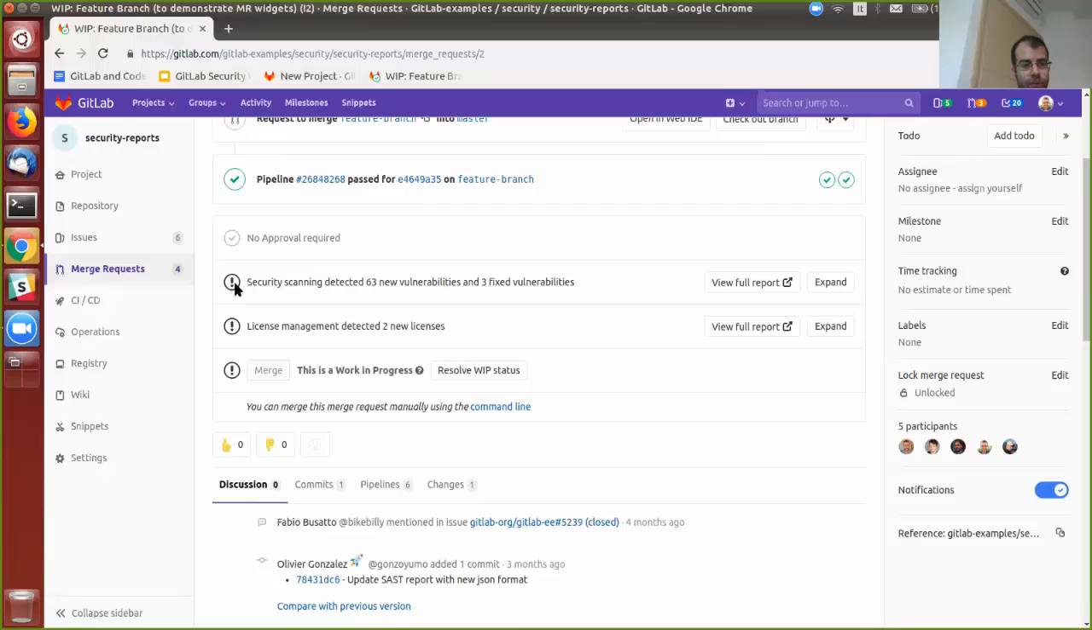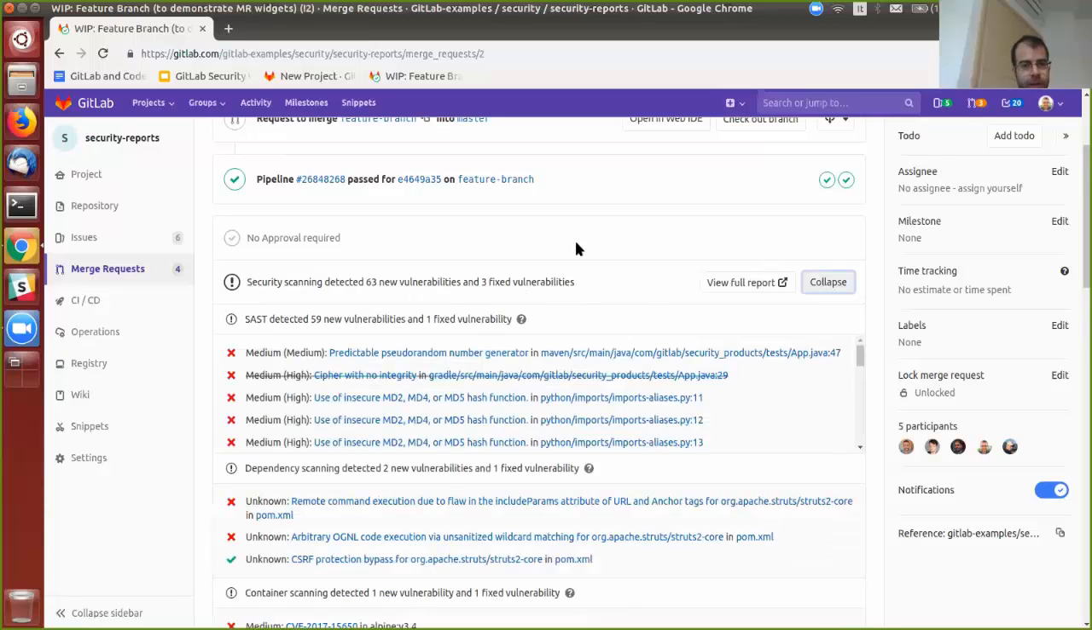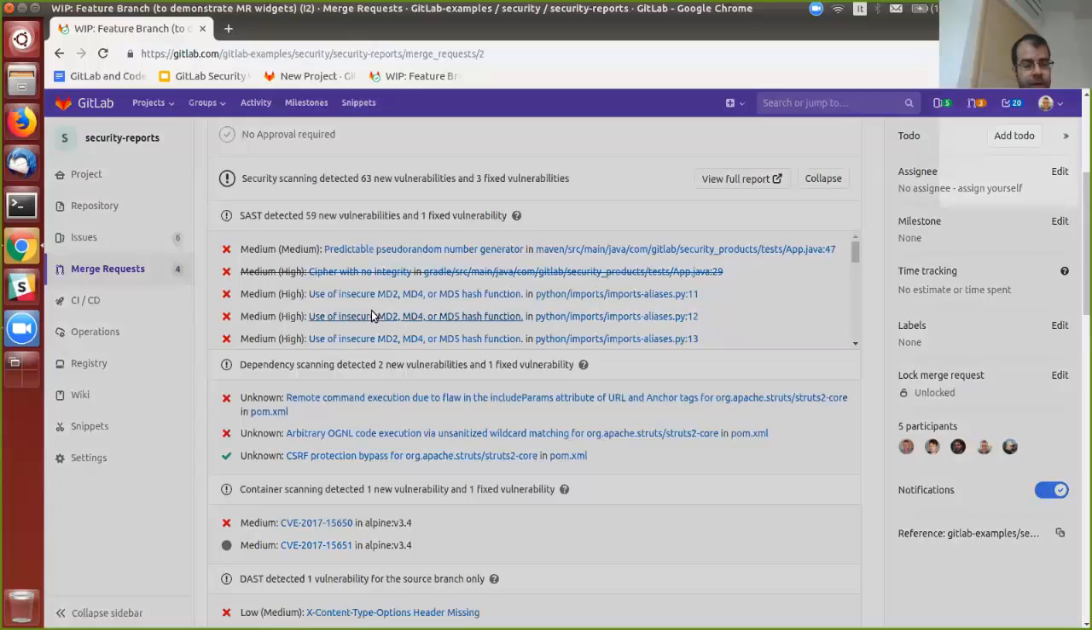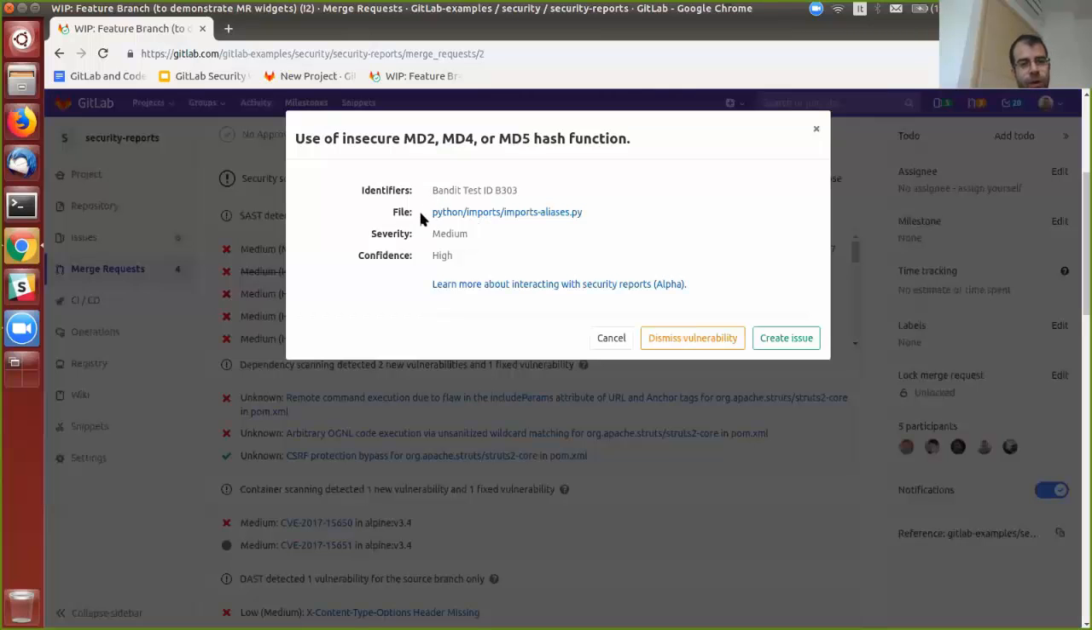So I know from this summary that it's very important to jump in this report. So I can expand it, and I can see the list of possible problems. From here, I can click on the details. I can see where the problem is in the file, which is the severity, the confidence, and I can take